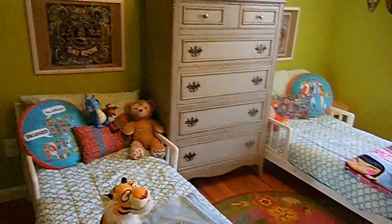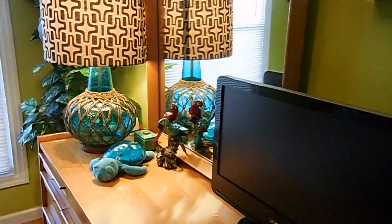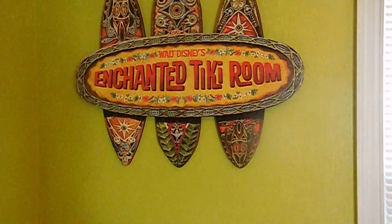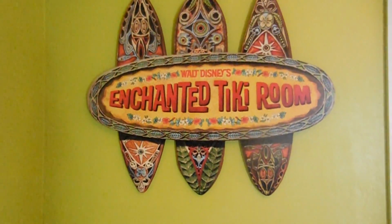This room is very small. I don't know the exact dimensions, but as you can see. But what we did was we have the room inspired by the Enchanted Tiki Room. I have 4 daughters, and